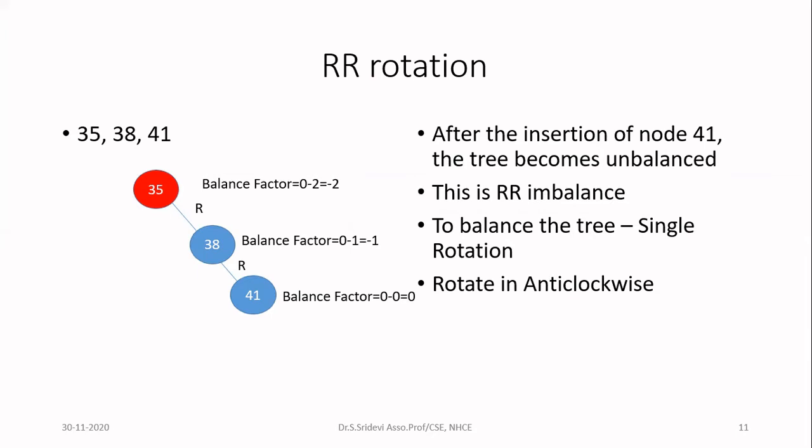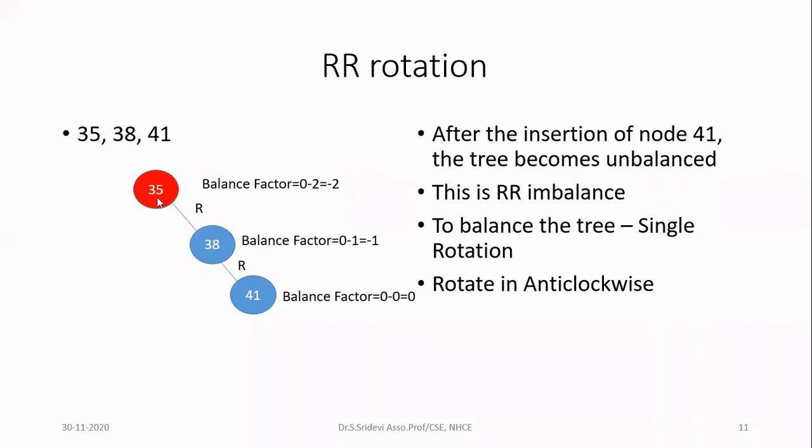This is the smallest tree I have considered, so this is the only node present. But sometimes you will have many nodes whose balance factor is affected, and you can find many nodes out of this range. In that case, you have to consider the first node from the newly inserted node towards the root. So this is the node which has the balance problem, and I have to balance this node.